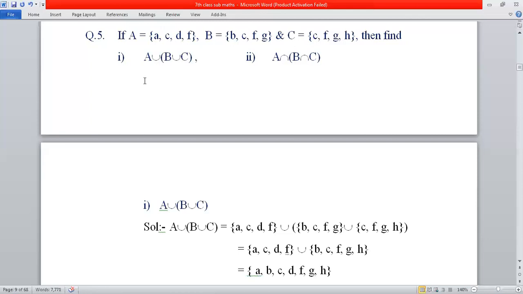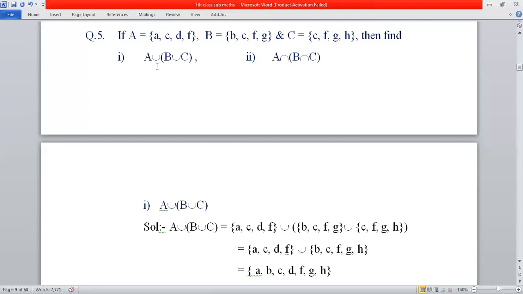Here you don't have an open choice, unlike question number 1. In the fourth part and the fifth part, you have an open choice to find the union of any two sets, the first two sets or the last two sets, and then find the union with the third set. But in this question, you have to follow this rule: first of all you solve the round bracket, and when the answer comes, then you find the union of the answer and set A.